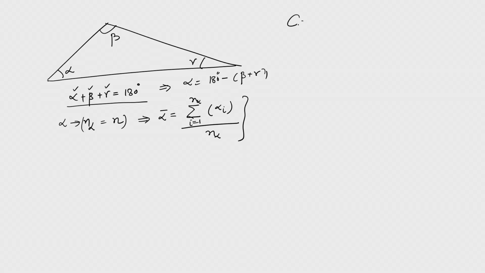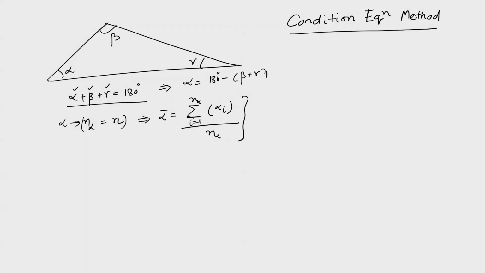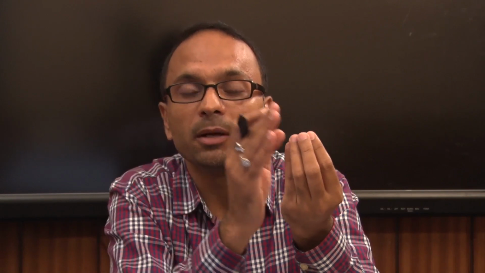So, let us introduce the condition equation method. In the case of the condition equation method, we measure all the variables. Remember, in some situations there is no dependent variable and independent variable, but we are measuring all the variables. In the observation equation method, we can recall that there is a dependent variable which is a response of the independent variable physically, and hence we write an explicit equation for the dependent variable as a function of the independent variable and parameters. This is not the situation here.